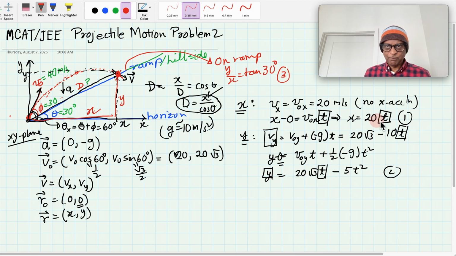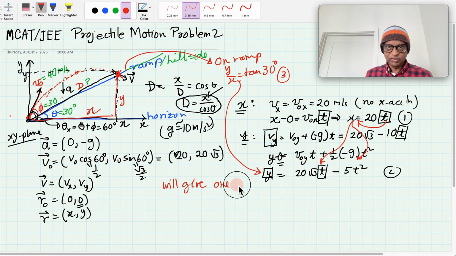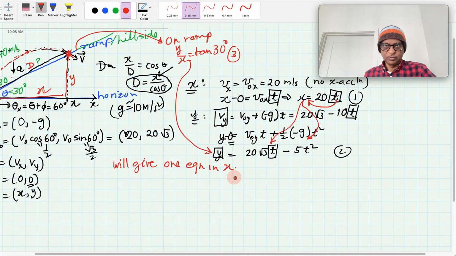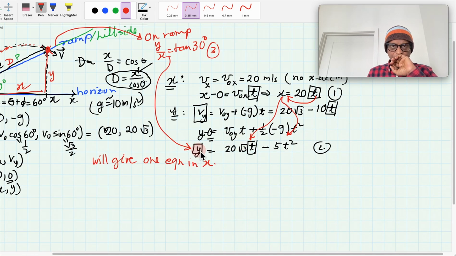So what we can do is use this for t in terms of x and plug these guys, and we can plug this guy in terms of x, so that these pluggings will give one equation in x. All right, so let's do that out. So for y, I'm going to have, and so this just means y equals x over square root of 3,